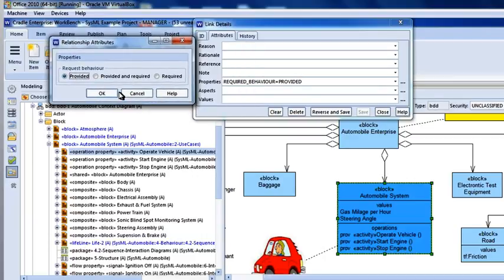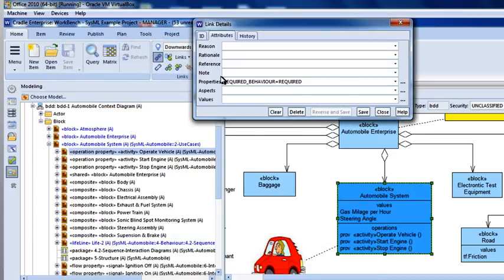The legal options are that an operation can be linked to the block and marked as provided, and that's the one I've got selected now, or it could be required, or it could be provided and required. So let me just do required, say OK. It changed this link attribute value to be required. If I save that change,